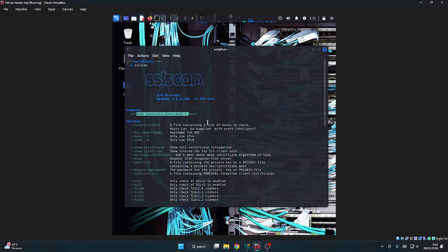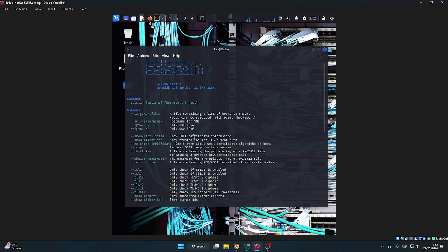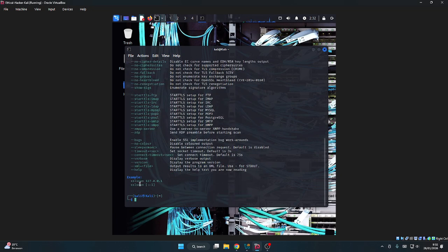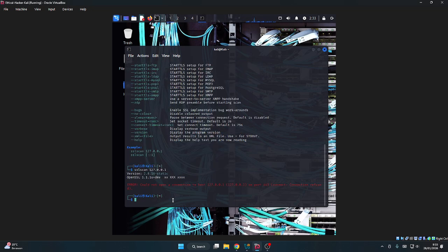Let's see the command option we use to check, and in the example we can see SSL scan localhost. It's refused, but we can see the version of OpenSSL here.